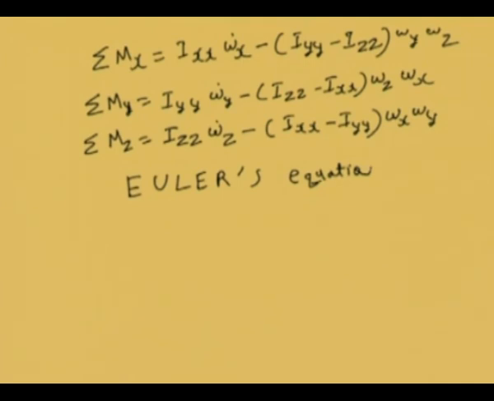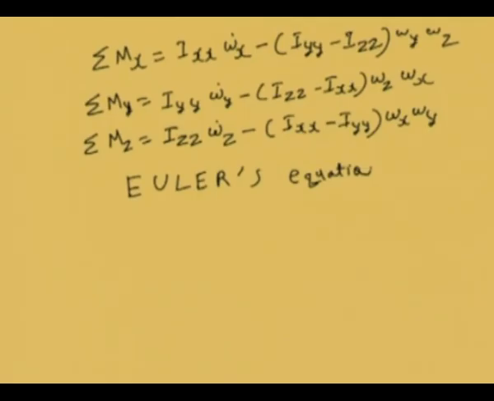Two things are there. So there are three types of things. Number 1, the point should be fixed, then Euler's equations are valid. Number 2, the point can be the center of mass, whether it is fixed or not fixed, that doesn't matter, then also the equation is valid. The third thing is that the point may not be fixed and may not be the center of mass, but it is accelerating towards the center of mass or away from the center of mass, then also it is valid. So this is the first condition under which these Euler's equations are applicable.